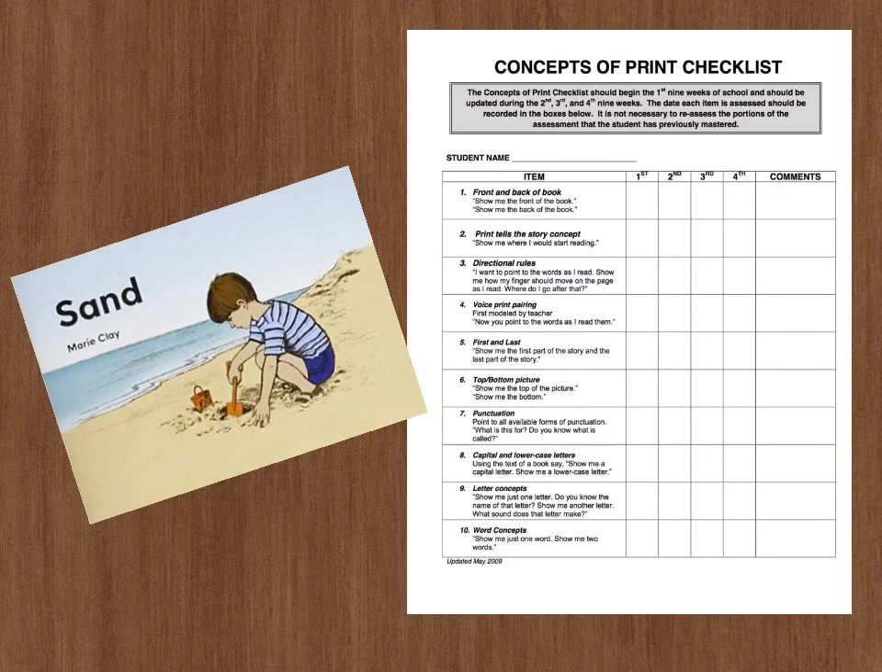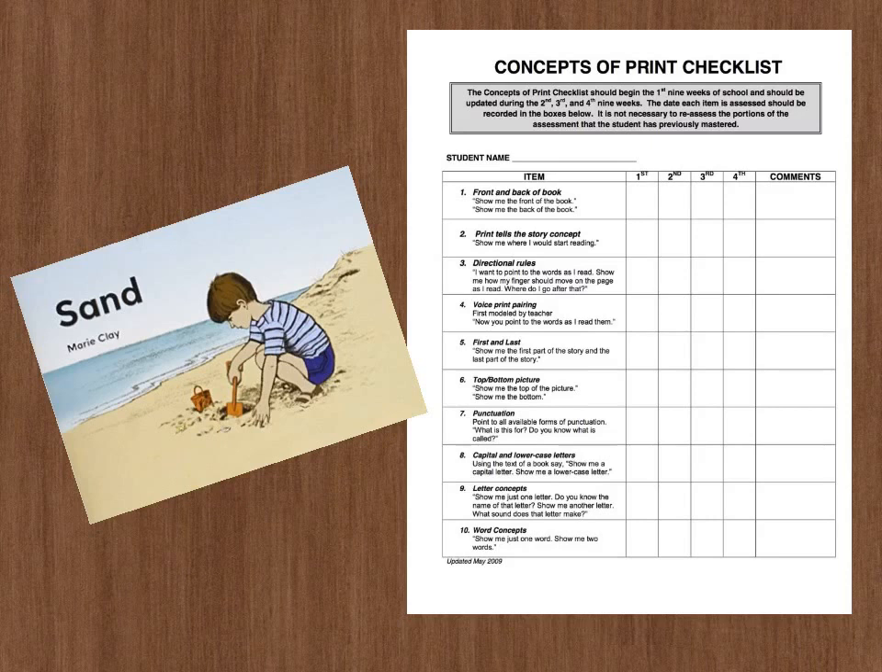The Concepts of Print checklist is a series of 10 questions. Usually it is administered 4 times during a school year at the traditional marking periods. Although once a child has met all of the 10 criteria on the checklist, they no longer need to be assessed. Teachers will follow the form chronologically, and to find the skill, we look at the numbered area, and I'll